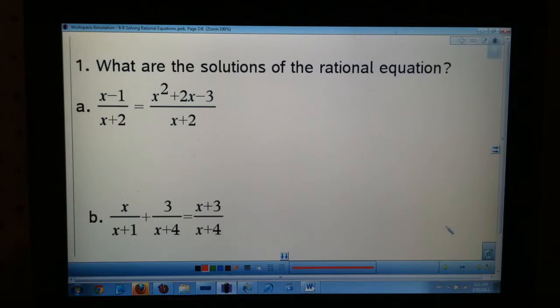Alright, so here's a couple rational equations, and to try to solve them, the easiest thing to do is just multiply by our common denominators. It might be one thing or it might be multiple things. On the top we just multiply by one thing and it's going to clear up these fractions. On the bottom we're going to multiply by a couple of different things for that type of problem. So here, we're multiplying by the common denominator, which is x plus 2,